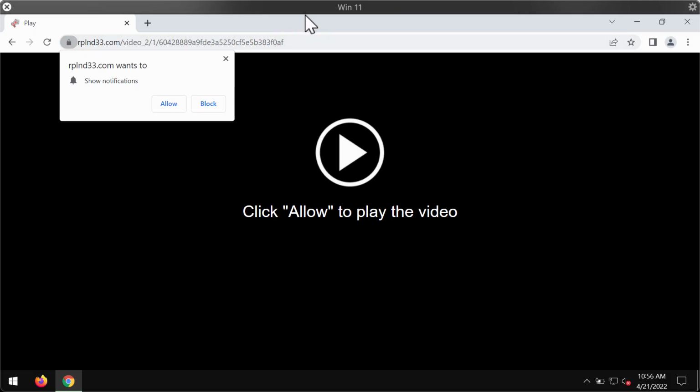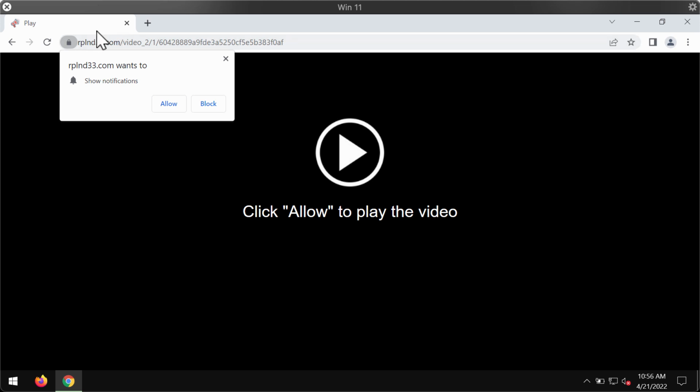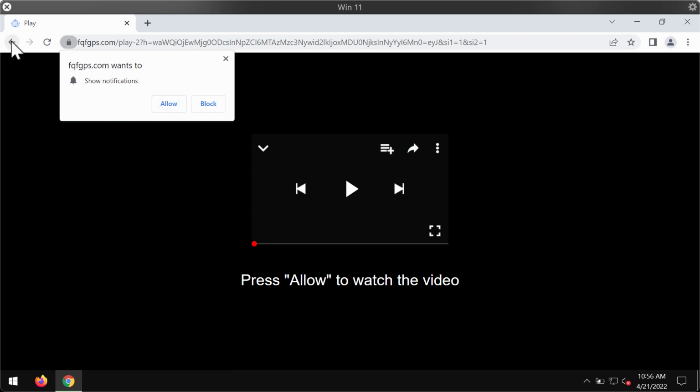My video guide is about removing the browser notifications coming from the site rplnd33.com. rplnd33.com is a website trying to encourage you into clicking on a special allow button supposedly to help you play